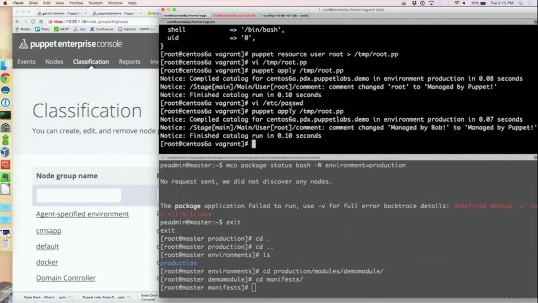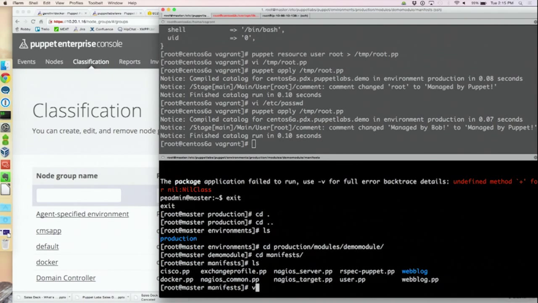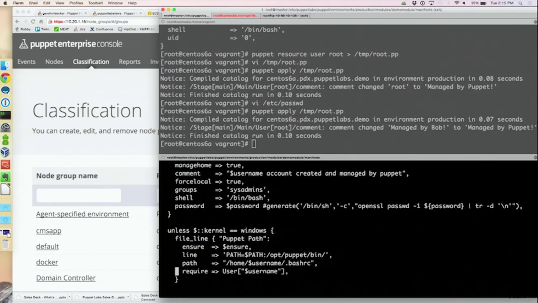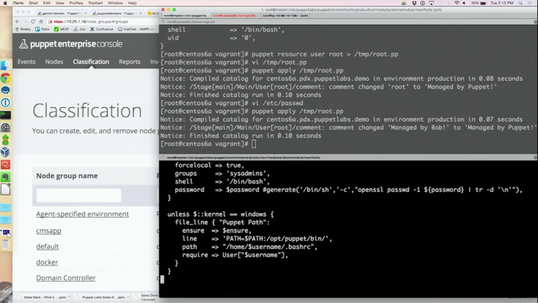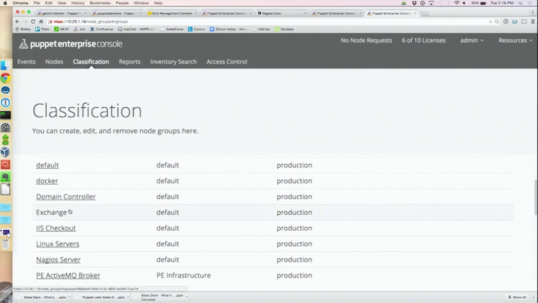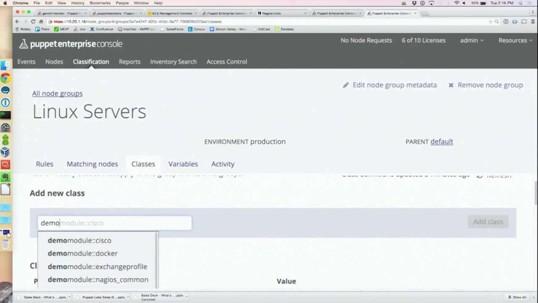Let's look at a slightly more complicated example here, something where I'm going to move up the stack of interesting. So I've created a class here in my demo module called user. It takes a couple variables, username and password, and then it makes a user. If it's not Windows, it will manage their bashrc file, and it'll make a group for them. So I can come in here, Linux servers, classes, and let's add that